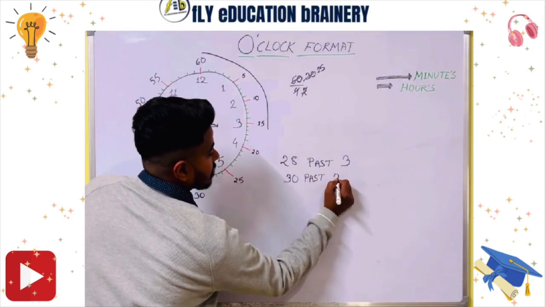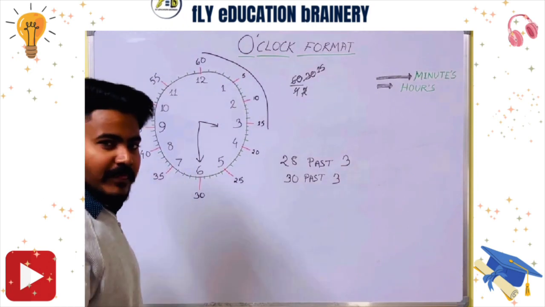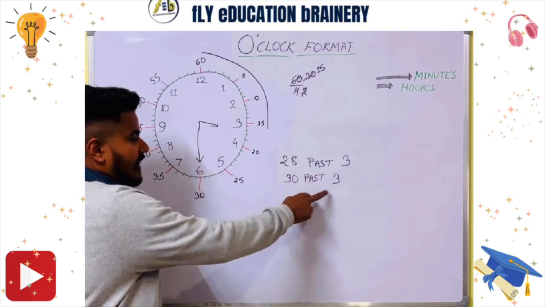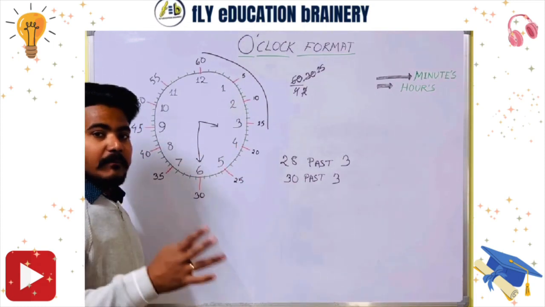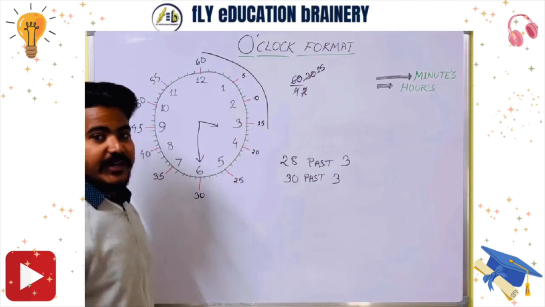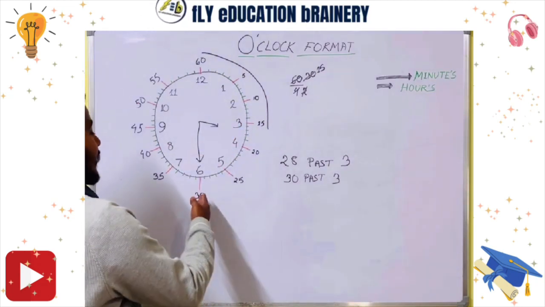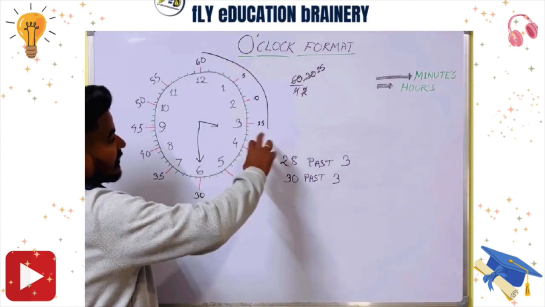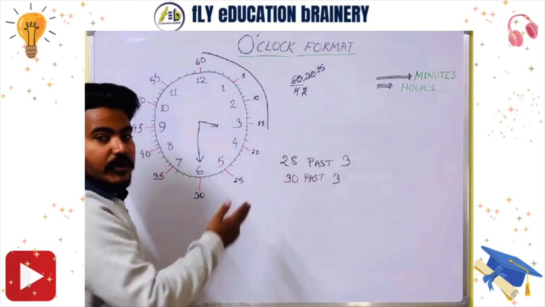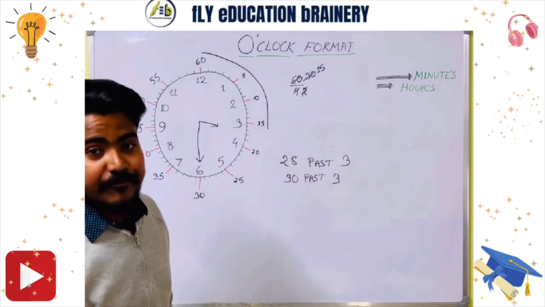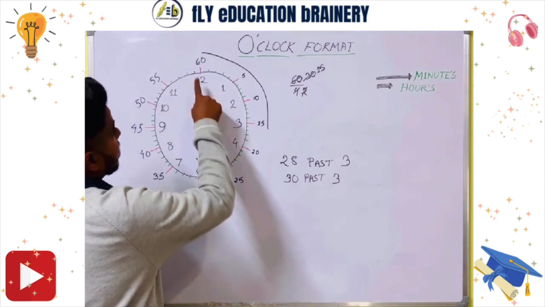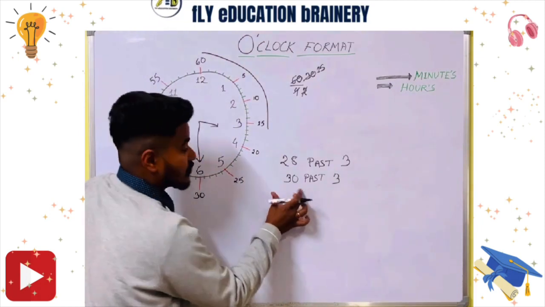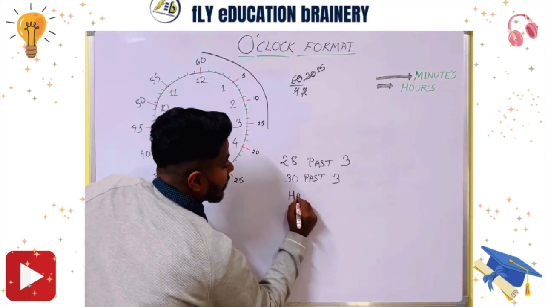30 past 3. Will that be okay? See, logically it is okay, because 30 minutes are gone and it's 3, so it's 30 past 3. But as we write quarter past 3 in case of 3:15, in the same way, when it is 3:30, what happens? It's 1 quarter, another 15 minutes are gone, it's another quarter. 2 quarters make a half. And if we see completely, half of 60 is 30. So here in case of 30 past 3, we will write it's a half